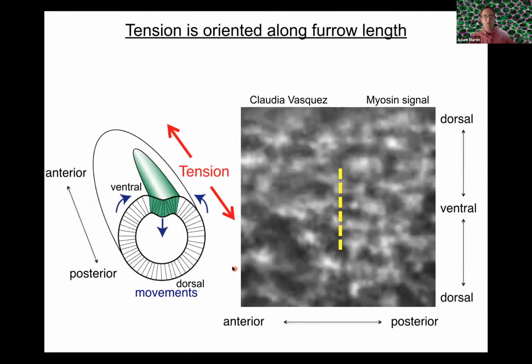So what's going on during the folding process? I'm going to show you an experiment that Claudia Vasquez did. What's shown here is the surface of the tissue in the ventral domain. And you're seeing myosin labeled here. You can see some patches of myosin, but you can see it's also forming a more complicated network. And what Claudia is going to do is take an infrared laser and irradiate the cytoskeleton along this yellow dotted line